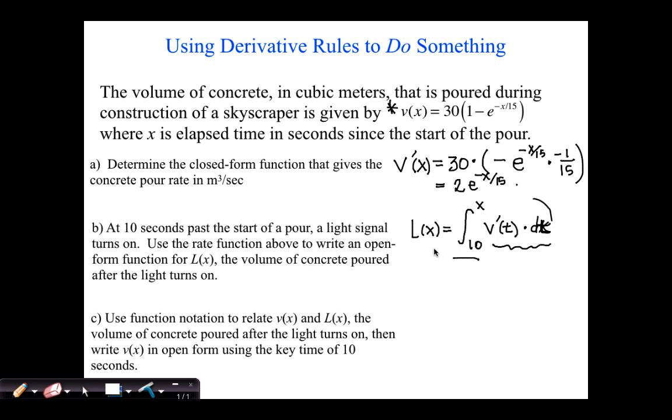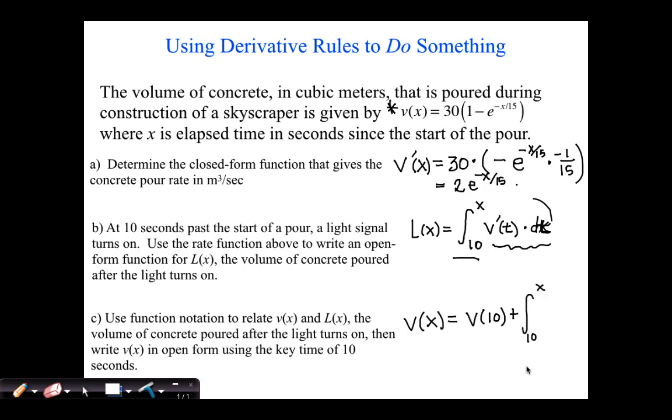And the amount of concrete specifically that was poured during the first 10 seconds, what's a function notation expression for the amount of concrete that was poured during the first 10 seconds? Function notation expression, V of 10, right. So the difference between V of x and L of x is 10 seconds worth of concrete, right? V of x is bigger. V of x is V of 10 larger. However much concrete poured in the first 10 seconds plus what happened after 10 seconds,